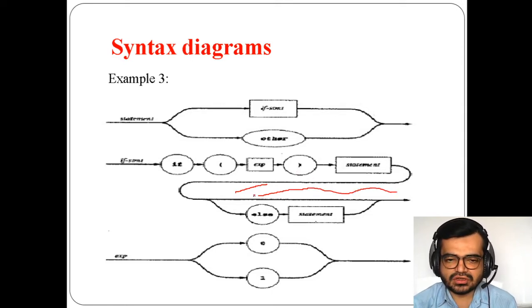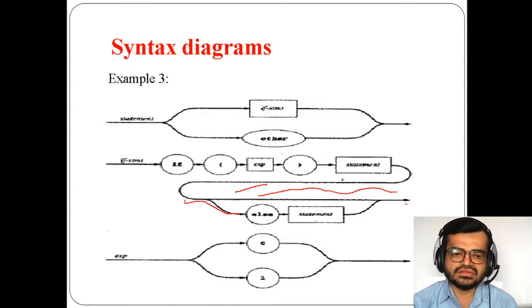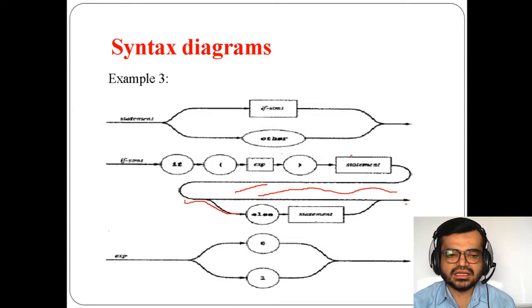If this statement is not valid, what is the alternate part of that? The else part. So it will come to this else part, execute here, and conclude over here. In this way, if statements or if else statements will work in two different ways.